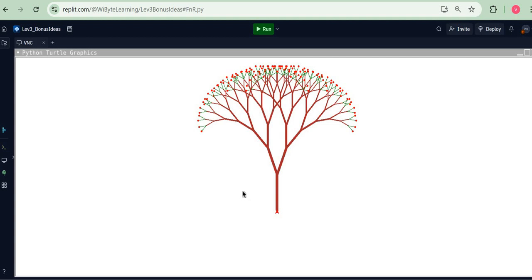Look at this beautiful tree pattern on my screen. It looks quite beautiful as well as quite realistic. We have three colors being used here: brown for the branches, green for the, let's say, the last level, and finally a small little dot to convey a fruit or a flower, whichever way you want